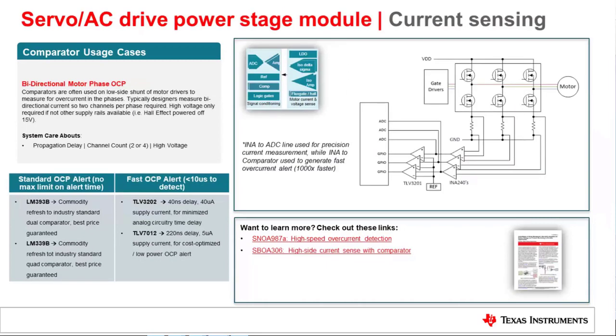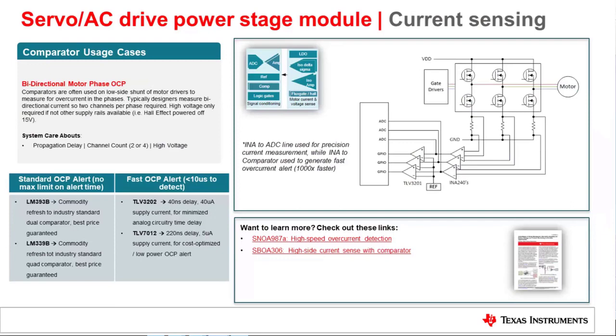And a similar thing holds true for our power stage modules. So this is again a very common comparator application. If you have any motor in your system and you're doing some type of current sensing, typically you will have a current sense amplifier of some sort in there, or you might be using an ADC, or your integrated driver actually handles all this function. But if your driver does not handle this function, we have always seen comparators in there that do the quick overcurrent detect. And again, look at the bottom left box, right?